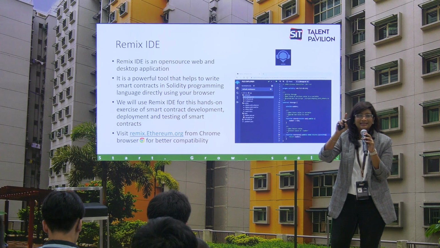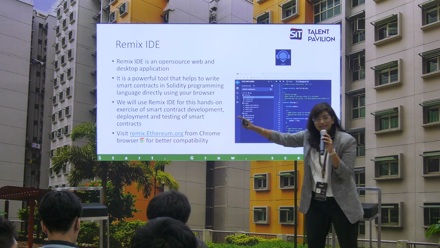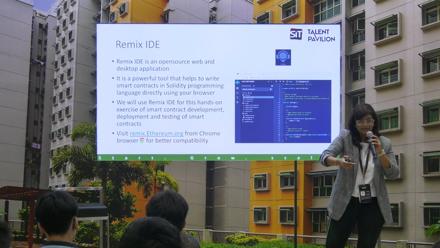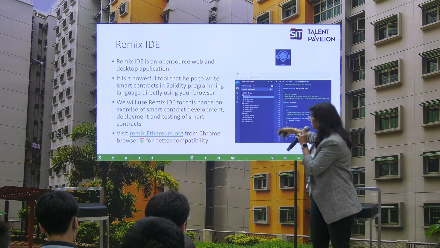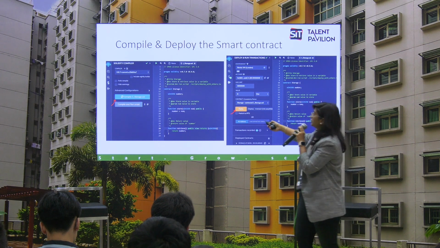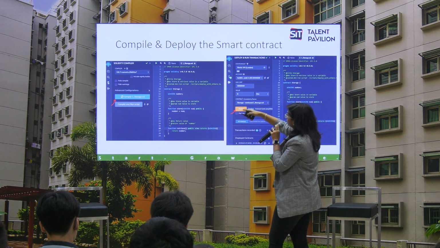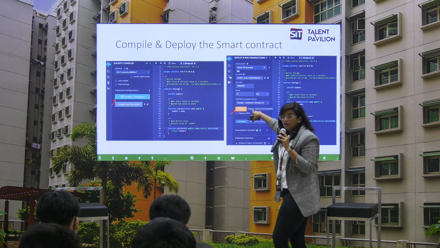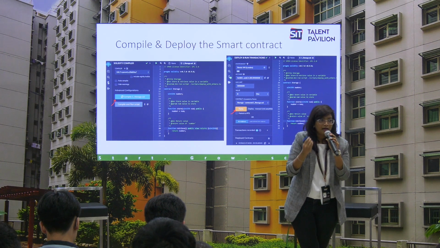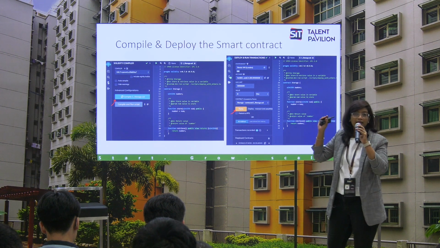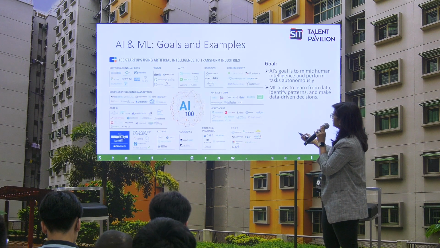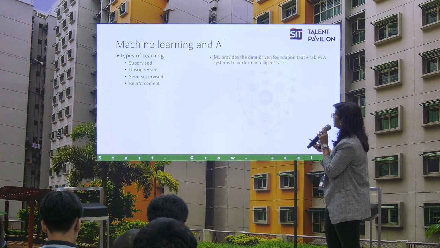There are two terms, testnet and mainnet. Mainnet is the main Ethereum network. Testnet is a sample pre-deployment, so you can test it using the testnet. You can try to deploy the smart contract and test it out. First you need to compile. Once you compile and there is no error, then you can deploy the smart contract. Ethereum also comes with its own AI chatbot, so if there are any errors, you can use the AI chatbot to resolve the errors in the code and then try to deploy it, right? So this is the space where I was talking about the integration of AI and